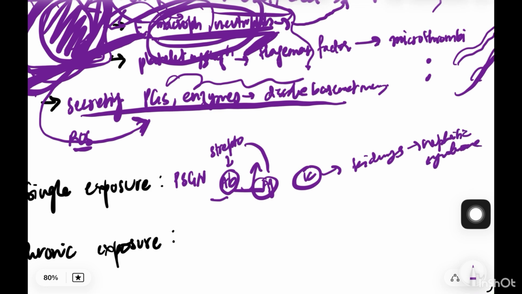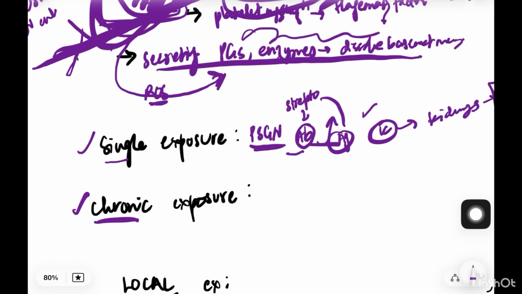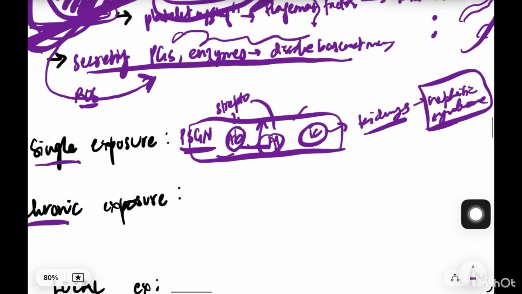So, your nephritic syndrome from PSGN is one of the manifestations of hypersensitivity type 3. Now, in single exposure, once this happens, your immune complexes are formed, the kidneys take some damage, but the rest of the immune system is functioning and they eventually clear it out. So, eventually, it gets better